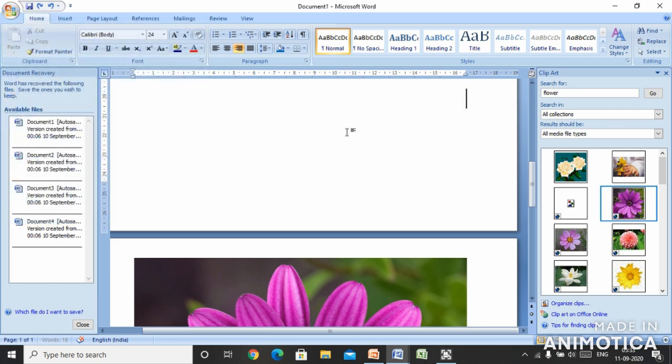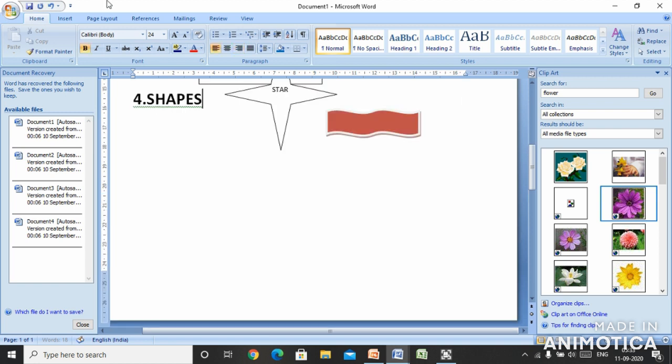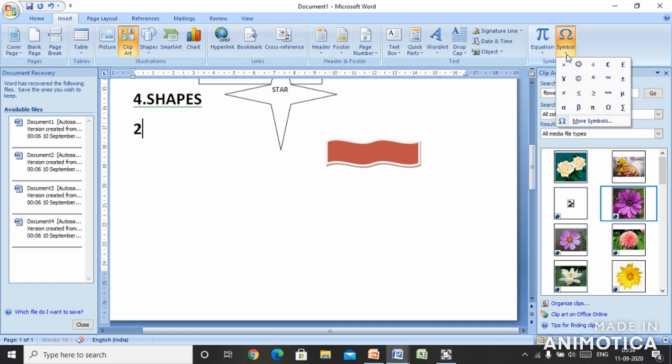Let us see. Suppose I'm writing here 2 and I want to write here, come to this side, click on this one, left align and come down. And suppose if I want to insert any symbol, what I will do is write 2, go to the insert tab, click on the symbol button and click on the symbol I want, then I'll write here 2 and is equal to 4. So this way we can insert the symbol. So this was about lesson number 5, children. Let us come to lesson number 6.